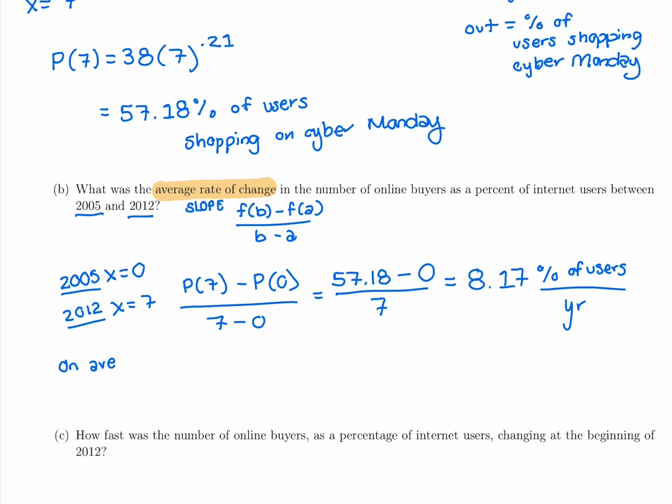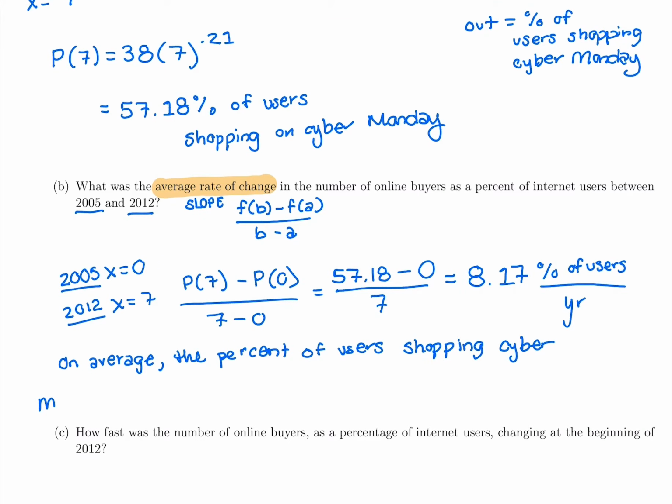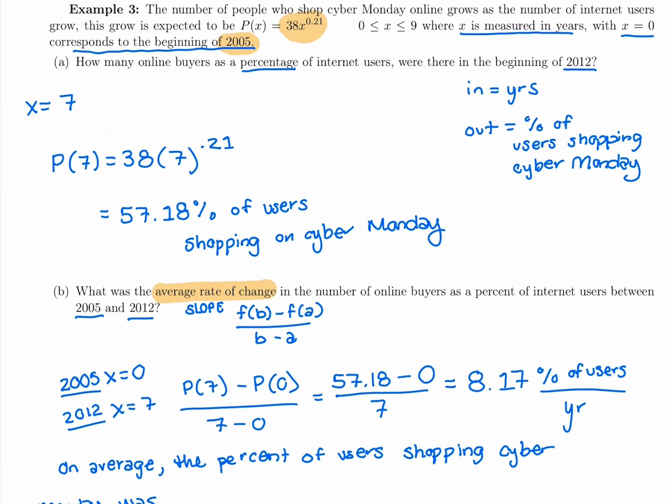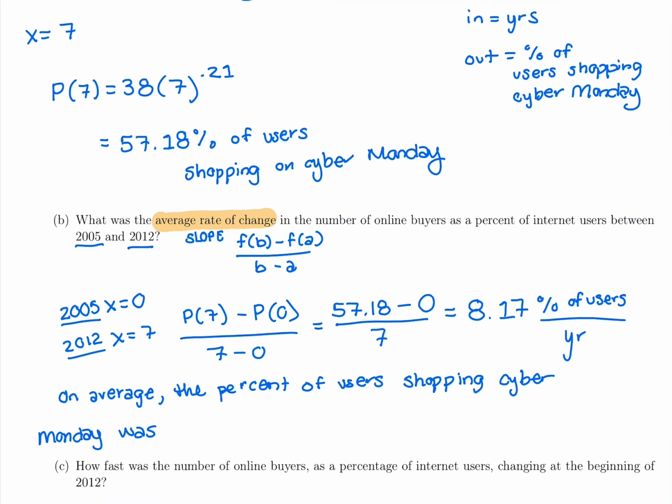So it would say on average, the percent of users shopping Cyber Monday was, and it's a positive slope, so was increasing. If we got negative, we would say it was decreasing. Was increasing by 8.17% per year, at least between